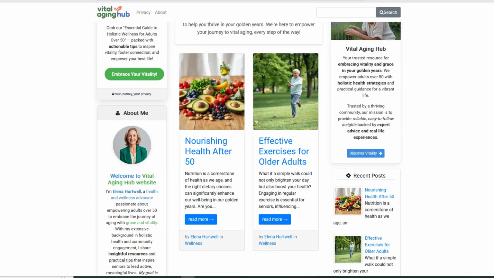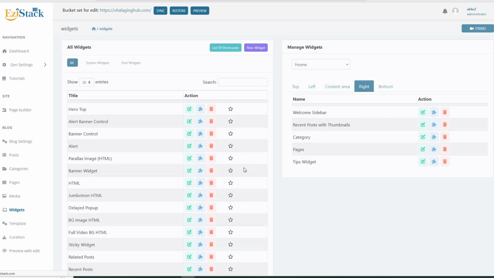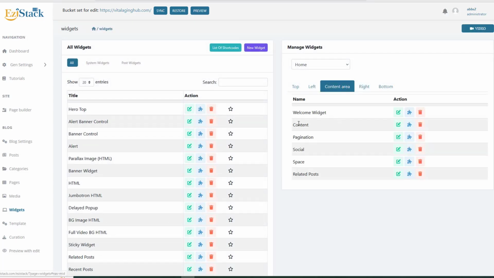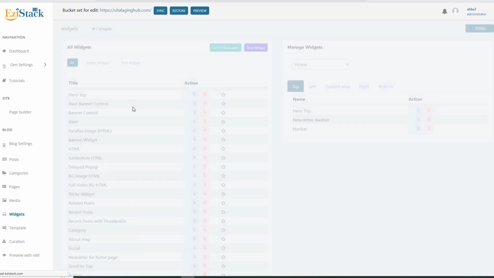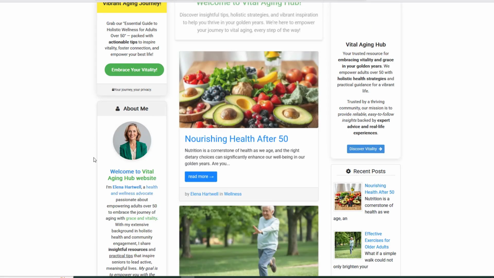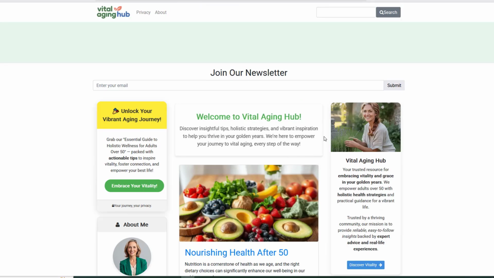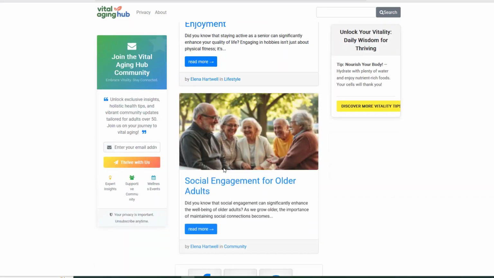So what I can do is, I know that this is controlled by the widgets. So I can go over, for example, to the widget section. I can find the content area, find the content, and click on edit. And from here, I can change this to show just a single column and click on confirm. And I can come back here, click on F5. And as you can see, we now have the left sidebar with the right sidebar, and we have single columns to actually show our